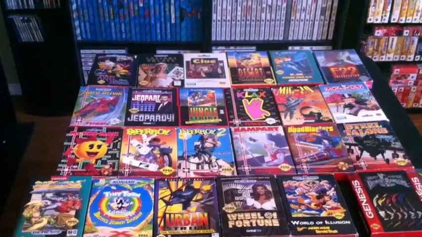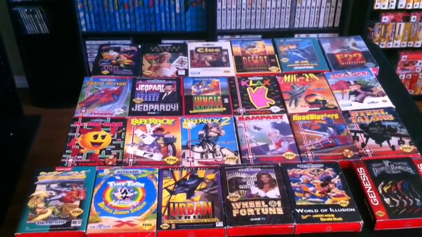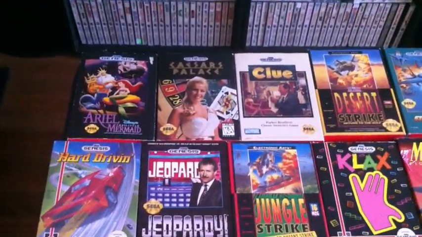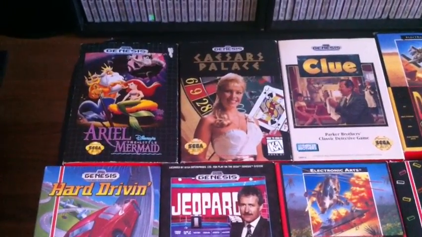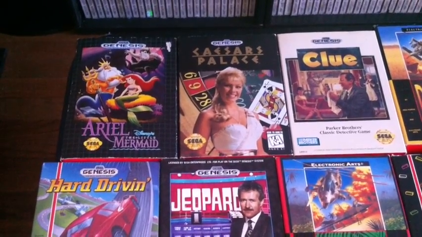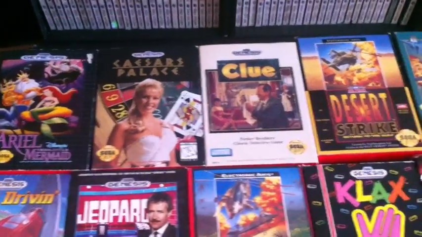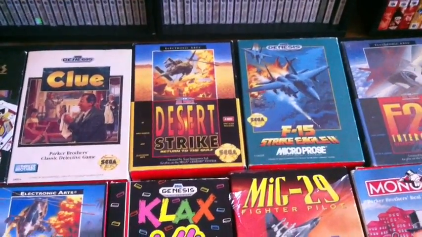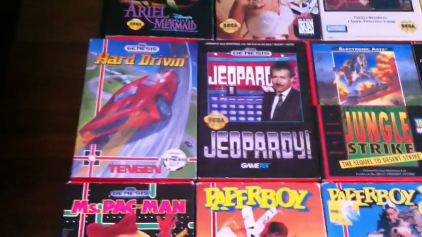This group of games are slide boxes as well as the red bordered ones, but you can see they don't have that traditional red border on it that was characteristic of the later Genesis releases. The first one we have, and you can see it has the old grid style art behind it like the original Genesis releases, is Ariel the Little Mermaid, Caesar's Palace, Clue, Desert Strike, F-15 Strike Eagle 2, F-22 Interceptor, Hard